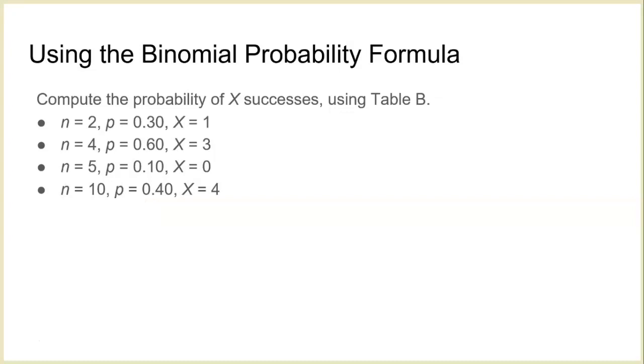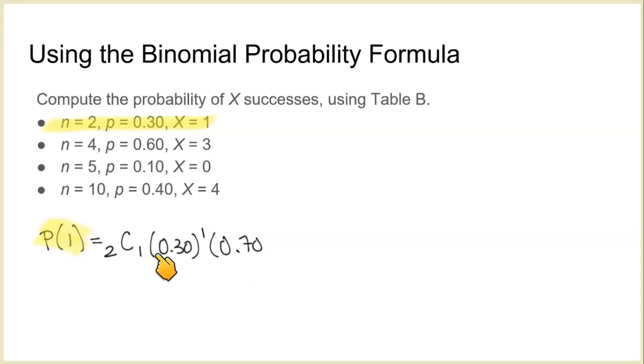So if I wanted to calculate the probability of one success in a 2-trial experiment where the probability of success was 0.30, I would set this up as 2 choose 1, because that's part of the formula I would like to figure out, times 0.30, and then in the formula it was to the x power. Well, x is 1, and then Q is the probability of a failure. So if this is 0.30, which is the probability of a success, then a failure would be 0.70. These two things have to add up to 100%. And then that would also be to the first power, because this was